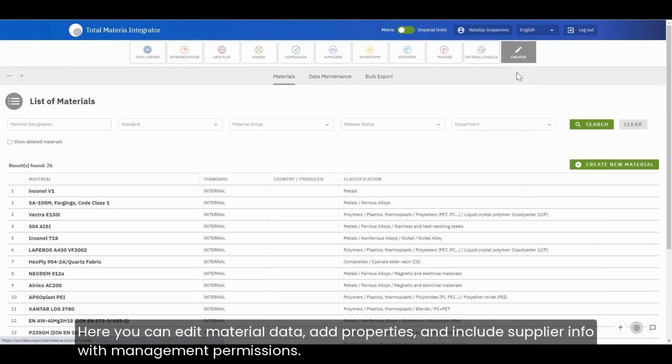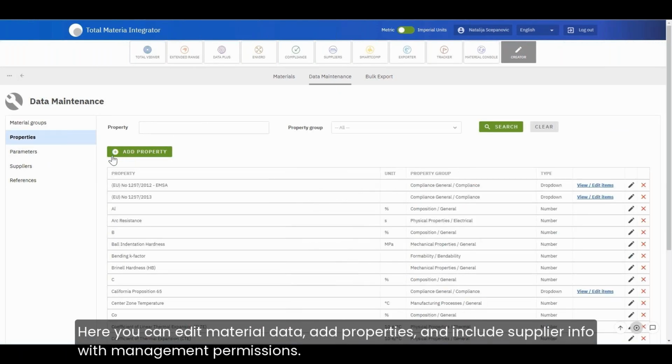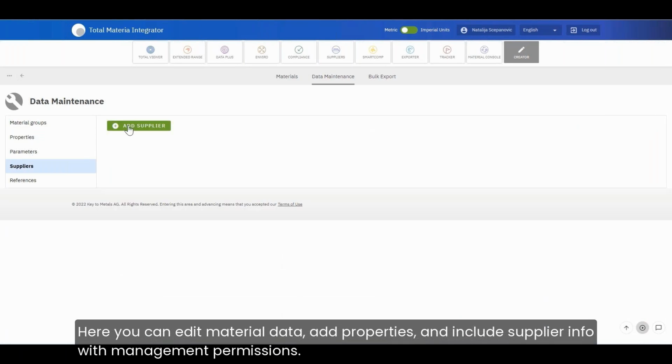Here is the creator. Here's where you can copy the material from the material, or you can create a new material, right? New material cards, you just name it. Data maintenance, you see, you can add material groups, properties, parameters, suppliers, or reference data.